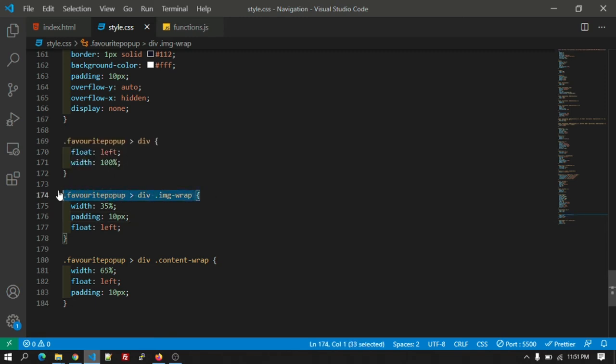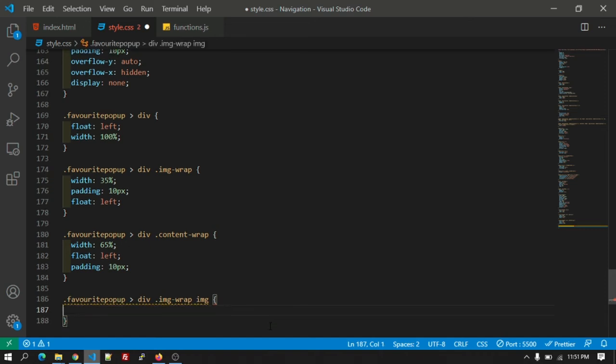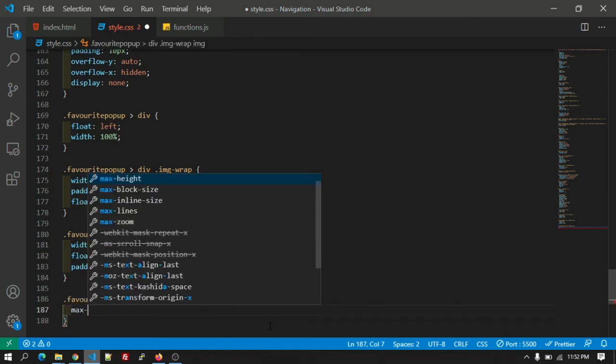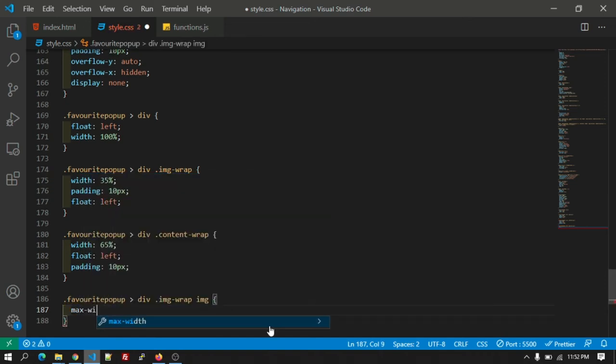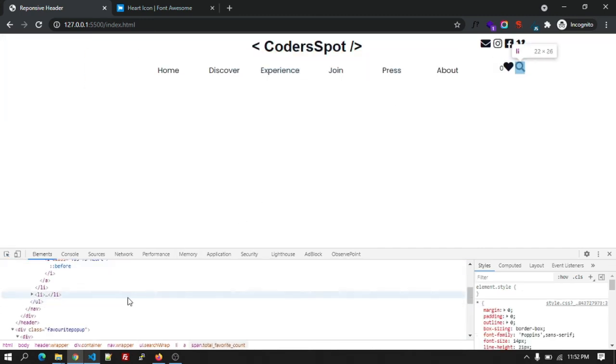So let's copy this one and for the image, maximum width will be 100%. So right now it will look much better. Let's see how it is looking.